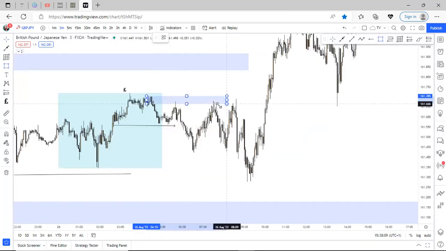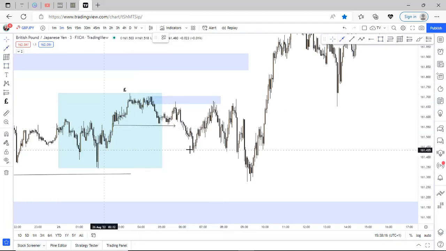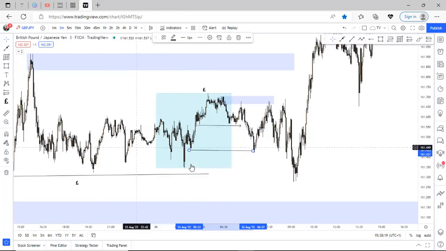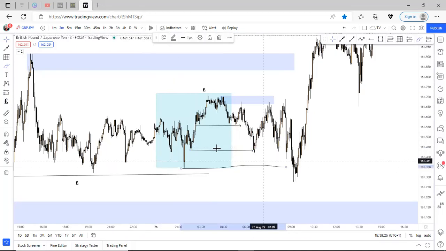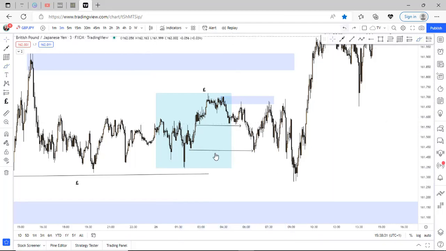So I saw this during the London session that, oh, we broke structure, we broke this. Though the structure that was broken were internal structures, they were not the major structure. So normally this should have been the real break of structure, so then start looking for a sell trade. But then there are times where you can capitalize on minor break of structures, that is the internal structures on the lower time frame, to take trades from.